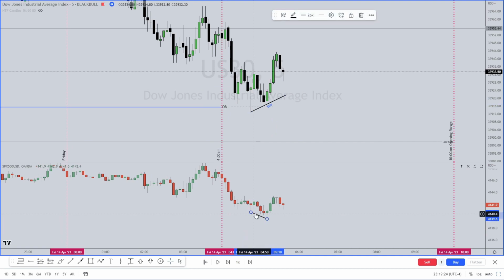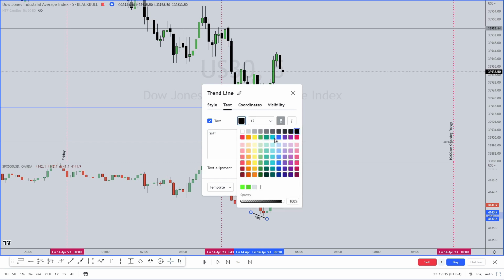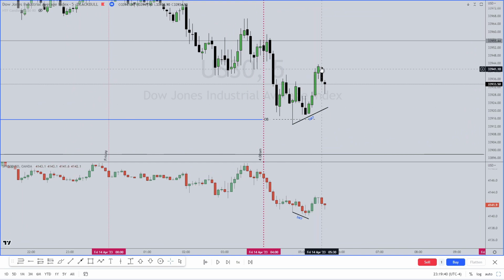And that is part of the confirmation that we're going to use in this. So displacement, we'll be looking for a setup on either the mitigation